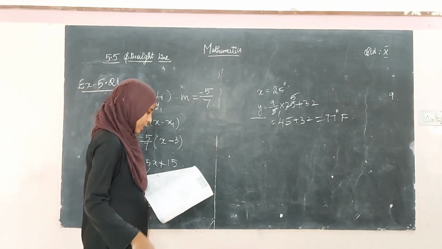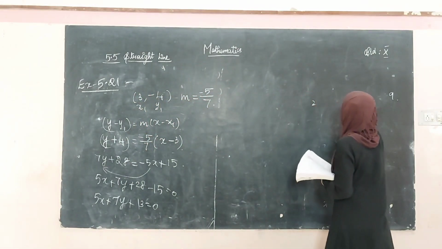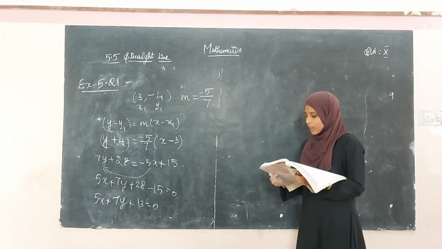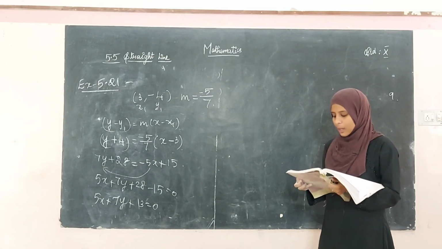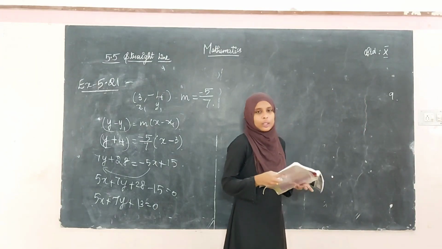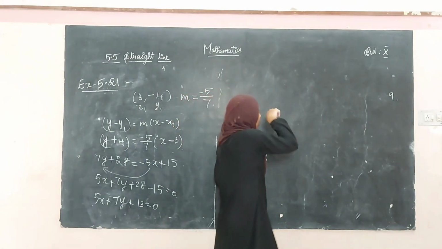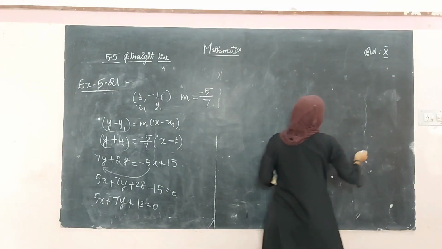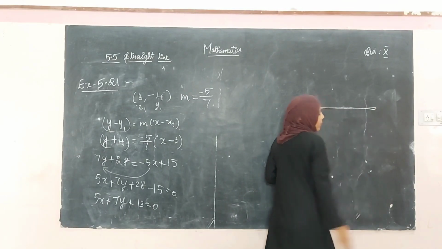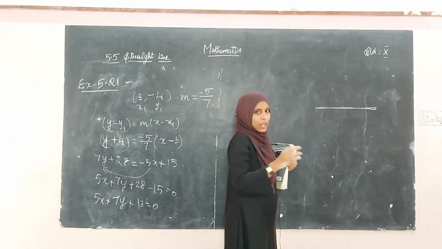Now see this again, the example. Example 5.22. What's the thing given out there? Find the equation of the straight line passing through the point A 1, 4 and perpendicular to the straight line joining points. Okay, so before using that, we have to look at the value of a slope. Okay, see here, if this is a straight line for which we have to find the equation. Okay, this is a straight line. We need to know the equation of this straight line.